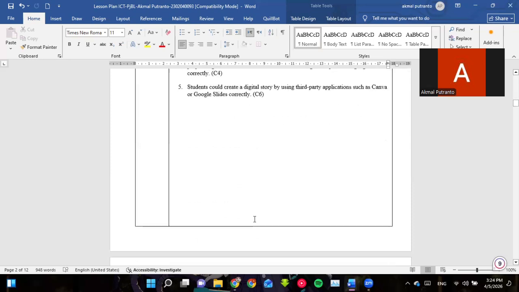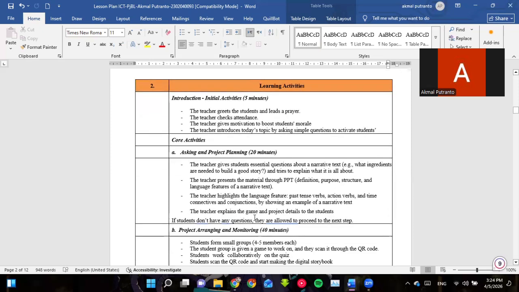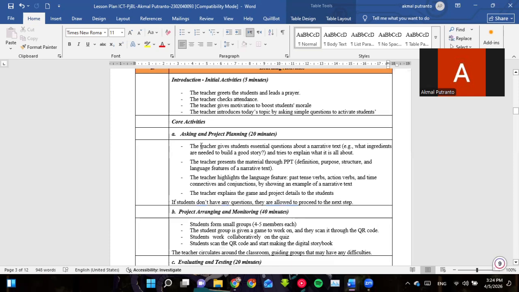Move to the learning activity. First, in the introduction, the teacher greets students, checks attendance, gives motivation, and also activates prior knowledge. In the core activities, the teacher explains narrative text using PowerPoint, and then explains the game and project details to the students on the asking and project planning phases. And then on the project arranging and monitoring phase,